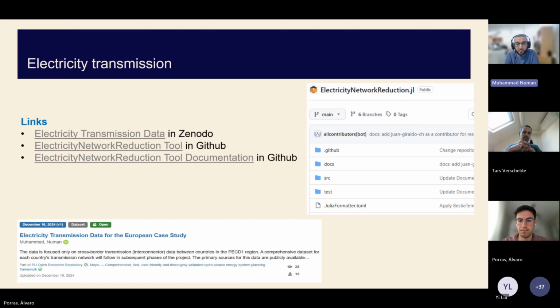So you have the option to select whether to reduce the whole network or reduce one part of the network and keep the other regions at full resolution. So it has more flexibility for users, and the tool also has different optimization approaches. You can use linear programming, quadratic programming, and also mixed integer, depending on the use case, whether you want the binding or the congestion patterns.